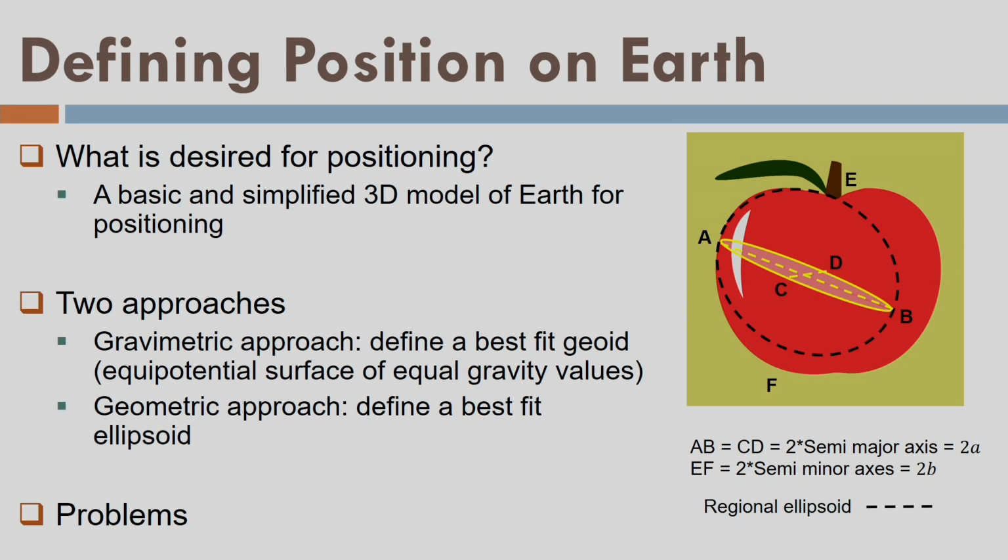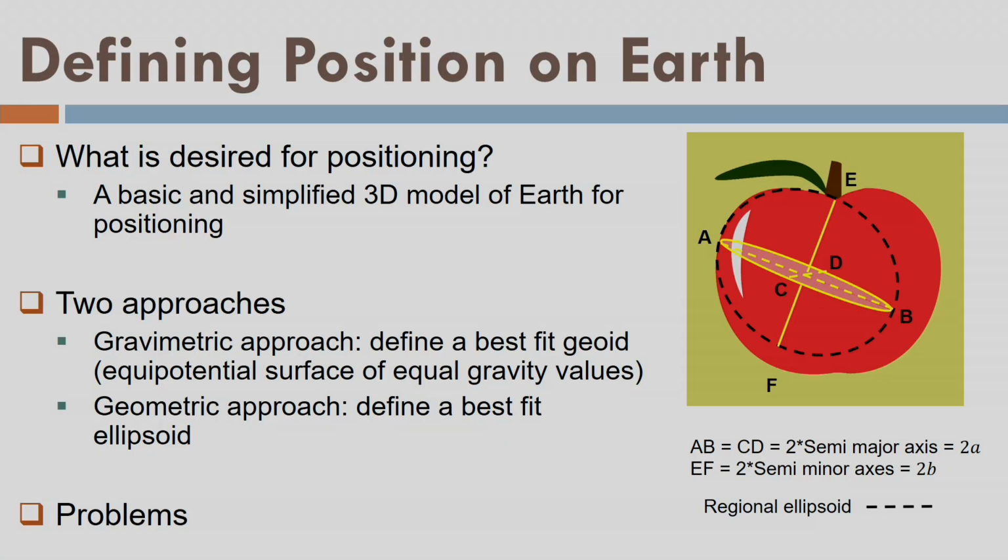Now let us see, these are the ABCD. So I can say AB is my two times semi-major axis, and EF is my two times semi-minor axis. This is the axis which is not matching with the axis of the Earth itself, the rotation axis. But yes, they are quite near, because the rotation axis of the Earth will remain almost the same even if I fit a different ellipsoid. So there will be a slight difference between the regional ellipsoid and the global ellipsoid that we are going to know in coming slides.